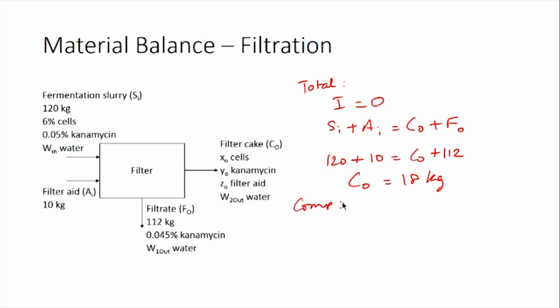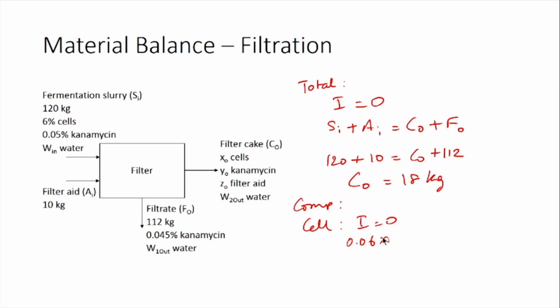The component balance we can start with would be the cell balance. Cell is entering only through the fermentation slurry and is leaving only through the filter cake. We do not know the amount of cell which is leaving through the filter cake, we have just written the mass to be X0. So, this would mean input equals output,